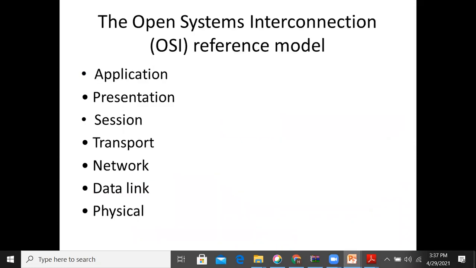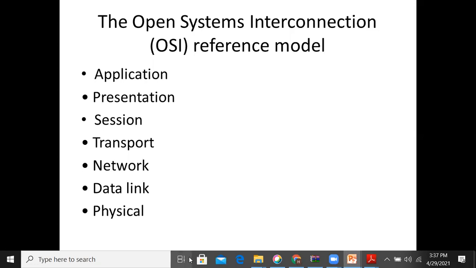Now, coming to the next one, the OSI reference model. I already told you there are two reference models: one is TCP/IP and the second one is OSI, Open System Interconnection.